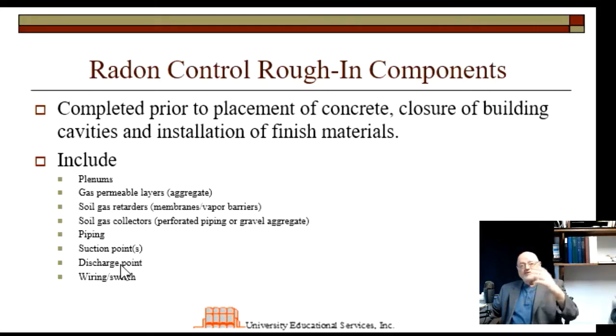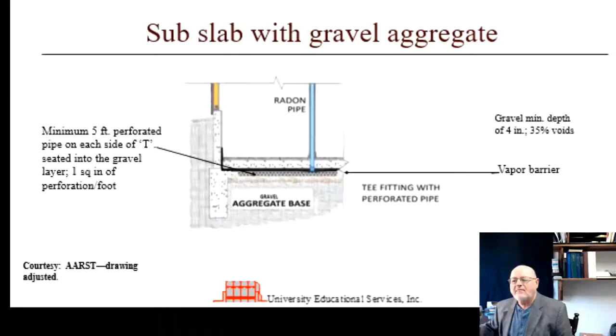It's going to turn out to be a foot above the roof where the exhaust pipe penetrates the roof. And you're going to have wiring and probably a switch for the electrical components, which will make the fan installation, if needed, easy. So we're going to take a look at all of these components as we look at our first example,